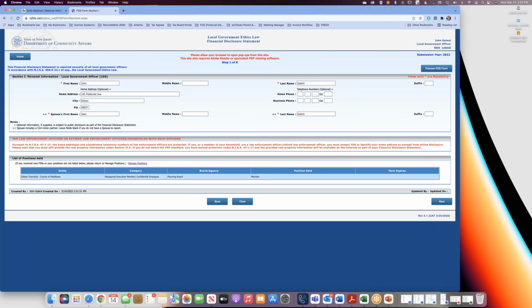They'll see the positions held down at the bottom, okay? If they see a position that's not there, they'll go back and manage their positions to add their positions. What we do tell the LGOs is that you want to make sure that you have all your positions listed